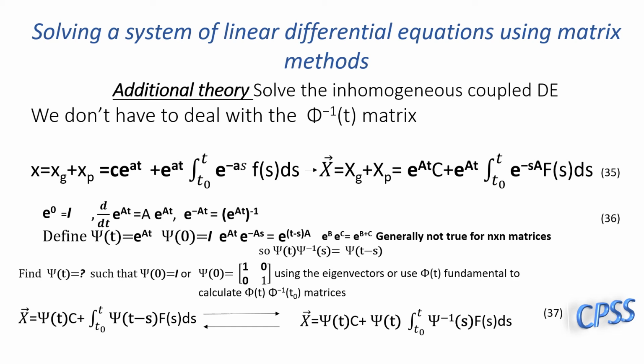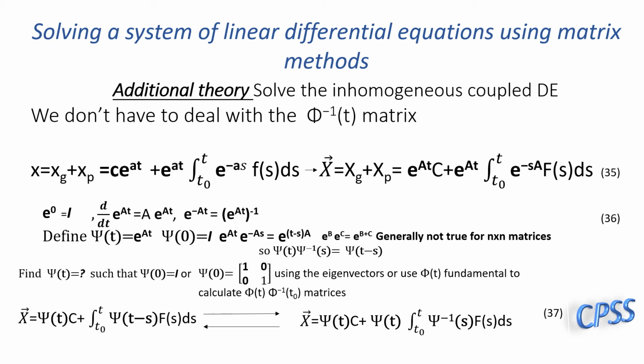The other way of doing it is using the fundamental matrix, like we did in the general problem, the other previous problem, which we get the solution. We just take that fundamental matrix and multiply by the inverse of that fundamental matrix as a function of t naught, and we can calculate a new fundamental matrix,